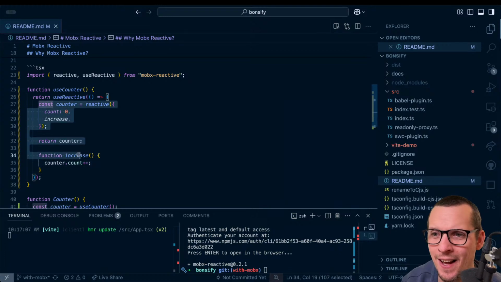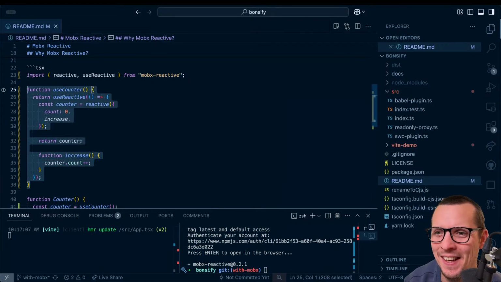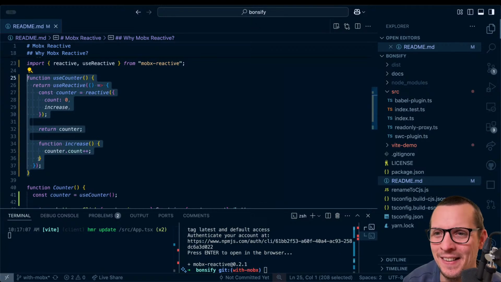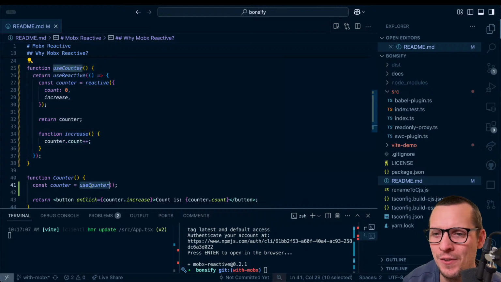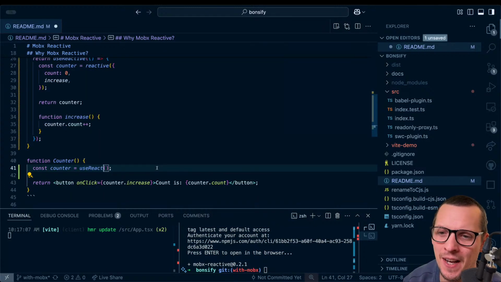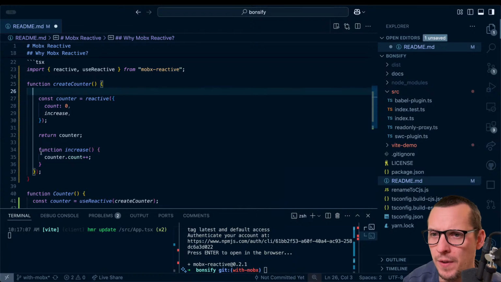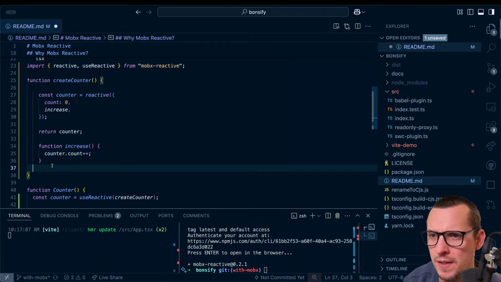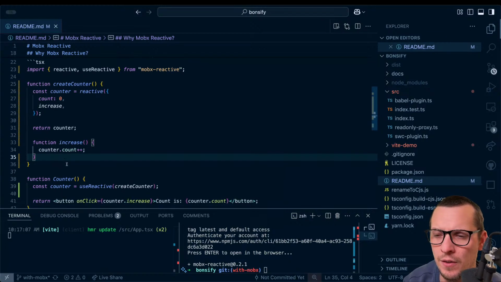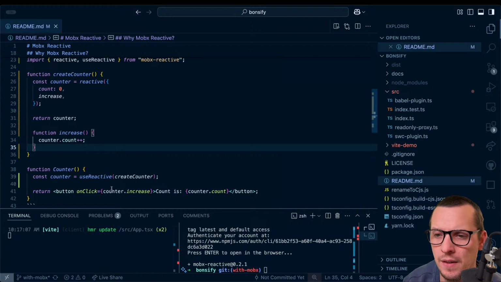Like it gets, you see what I mean? I don't like this. But you can also do use reactive and then create counter, for example. So you do create counter and then you drop this and you do this instead. And then you're back to it.